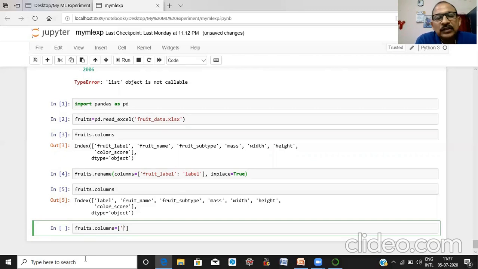Next, suppose we want to change all the column names. First is this, second column name is this, suppose.